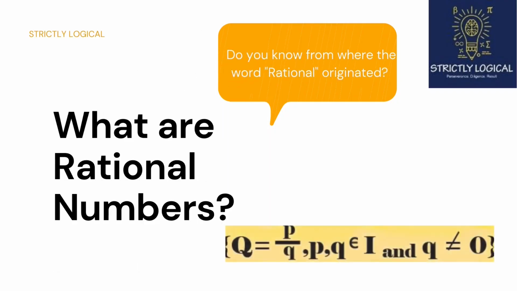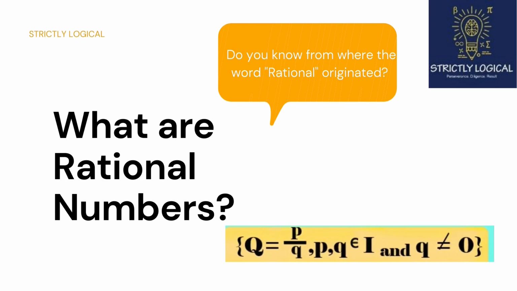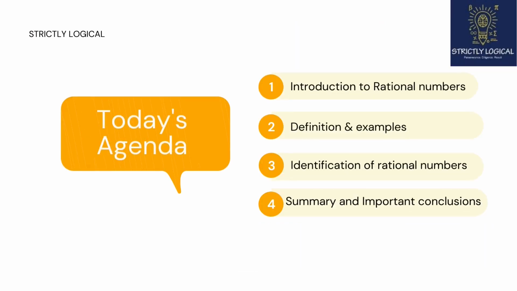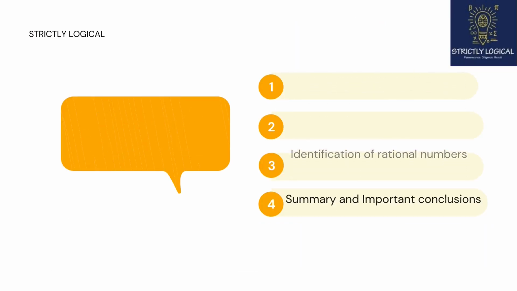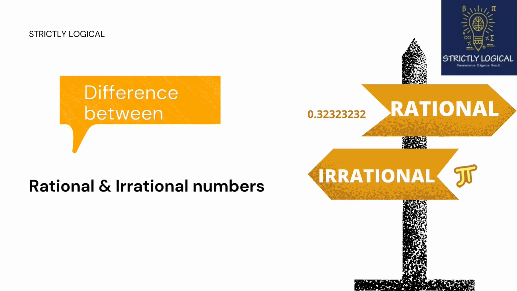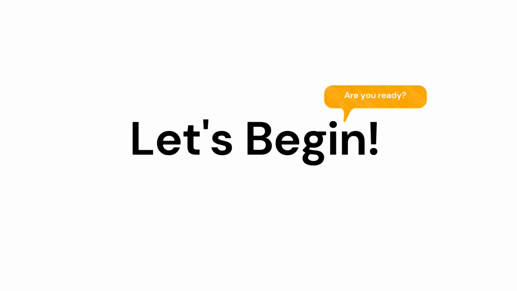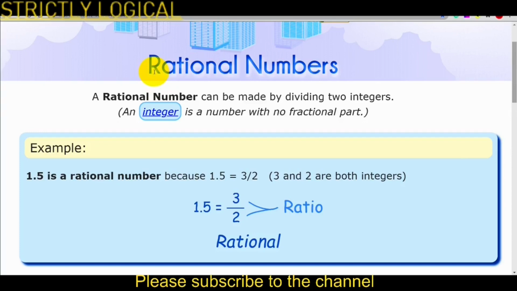In this video, I'll tell you about rational numbers, their definition, what the different types of rational numbers are, how to identify rational numbers, the difference between rational and irrational numbers, and then we will see some fun facts. Let's begin. So students, rational numbers are one very common type of numbers that we usually study after integers in